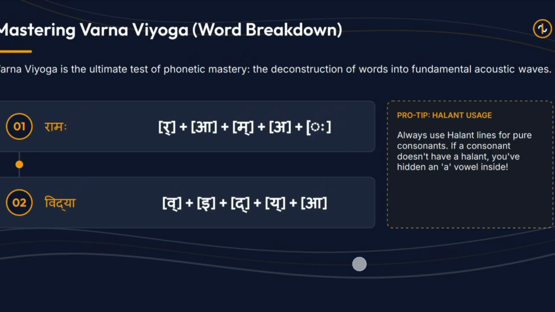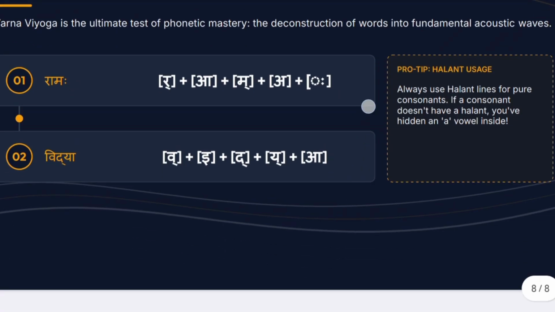How will it be for Vidya? Vidya means v plus i plus d plus y plus a. So always use halant lines for pure consonants. If a consonant does not have a halant, you have a hidden vowel inside. Once you understand that, the Sanskrit alphabet is simply a physical grid map for sound waves, and reading, writing, speaking,